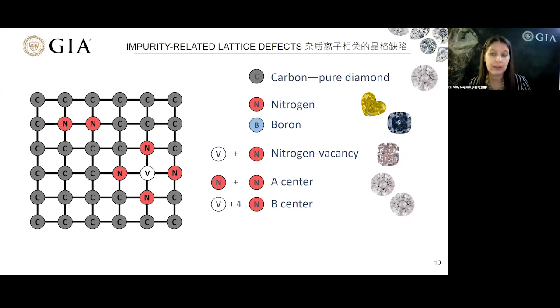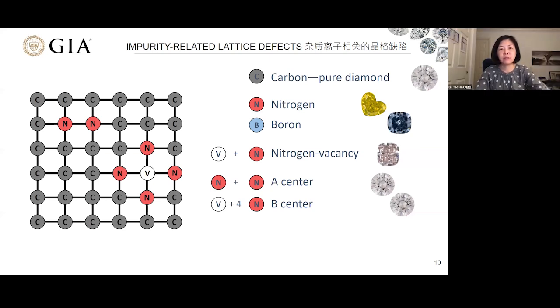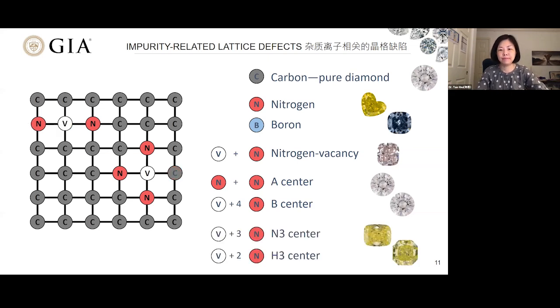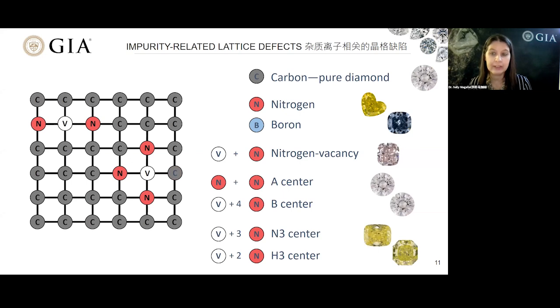Therefore, you can have a diamond with lots of nitrogen, lots of defects, and it will still be colorless because these defects exist as pairs. 就是这种 A 中心和 B 中心，A 中心是两个氮组合，B 中心就是4个氮加中间一个空位，这两种组合都不给钻石致色。为什么呢？因为它们不吸收可见光，而吸收红外光，红外光我们眼睛本来也看不见，所以有这两种晶体缺陷的情况下，钻石一般是无色的。不是说有晶体缺陷就一定有颜色。But there are another few participants that include nitrogen, the N3